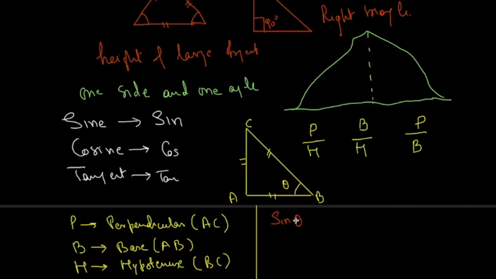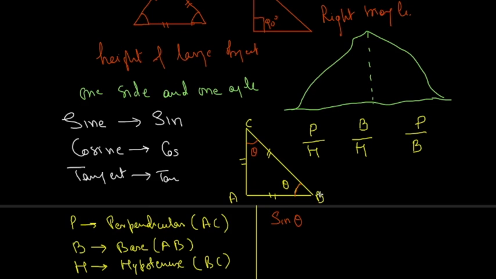Now remember, I said in place of theta you can use any alphabet. But what you have to understand is whatever notation you are going to use, this theta will always be the angle which base and hypotenuse together will form. I repeat, when we talk about sine theta, it will always be the angle which the base forms with the hypotenuse. For example, if we take this angle as theta, then you have to rotate the triangle such that AC becomes the base and BC continues to be the